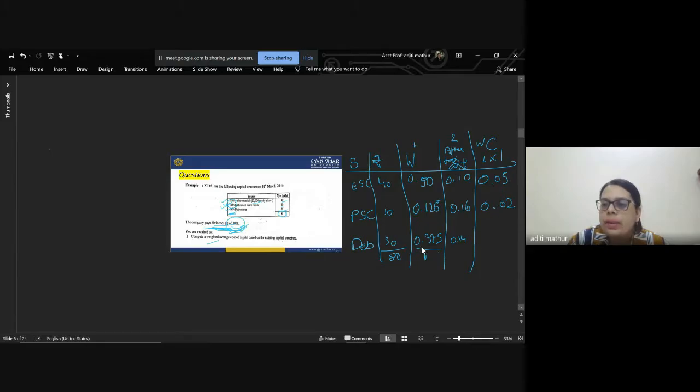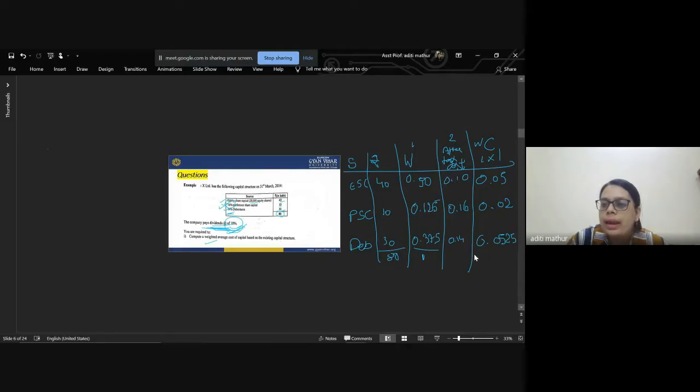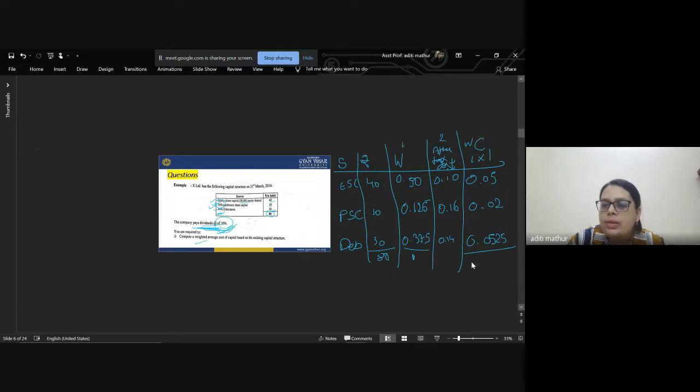Then over here when we multiply 0.375 into 0.14, we will get 0.0525. And when we add up, it is going to be 0.1225, which will be equal to 12.25 percentage,